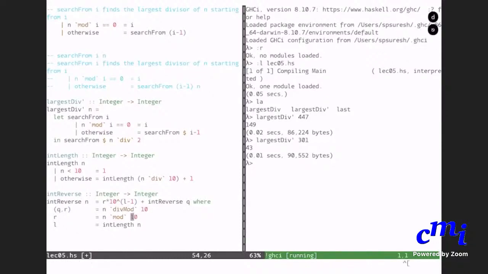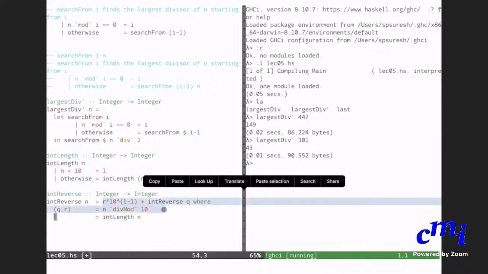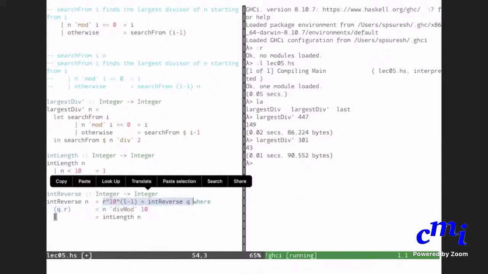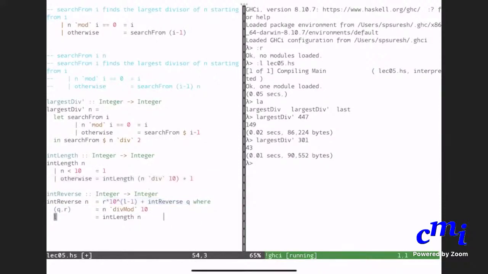Okay, that's another legitimate. Okay, and then L is int length of n. I don't necessarily need this here, but I'm using int length and giving a local definition so that your overall expression doesn't look cluttered. This expression at least looks much simpler than actually putting int length, etc. L stands for length. So let's now try to see if this works.